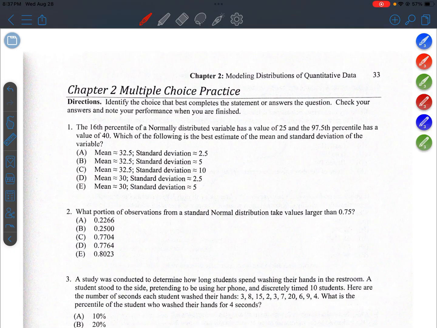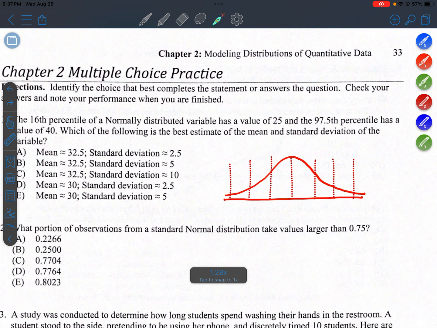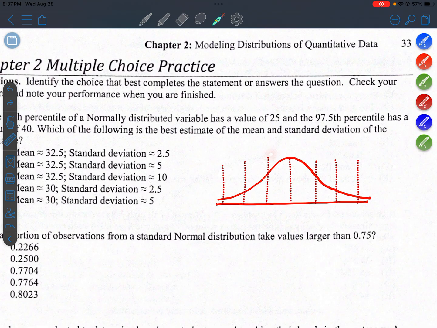the 16th percentile and the 97.5th percentile are not just some random percentiles that they've chosen. In fact, they actually correspond to one of these 7 boundary values given to us by the 68, 95, and 99.7 rule. Okay, so let me explain a little bit more. We know that 68% of the data